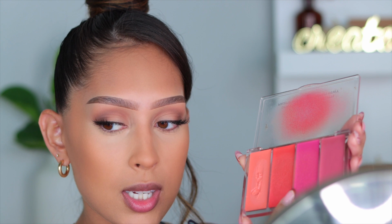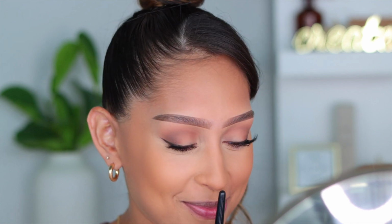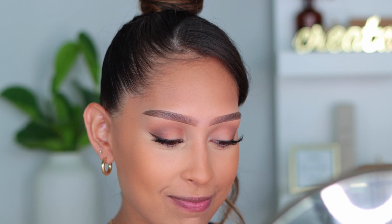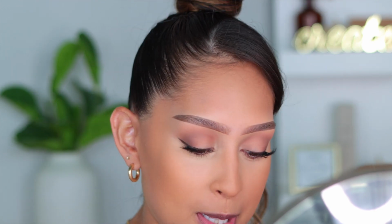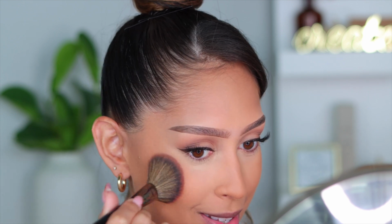I typically only stick to these two. They're so beautiful. I mix the two together, and you guys can see I use the top of the palette to kind of just take off any of the excess, which I probably should wipe now. Now that I'm thinking about it, you know how many times I've dipped into that cap? I've never wiped this. Wow, not me exposing myself on the internet. Anyway, I'm gonna go in with that, and I'm gonna add some of that to my cheeks,